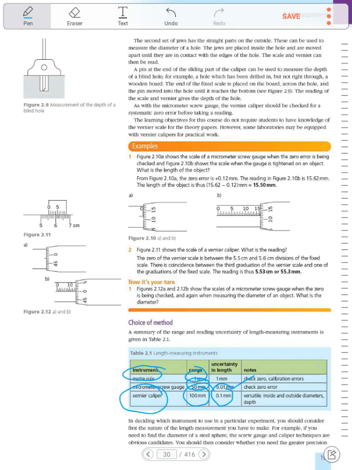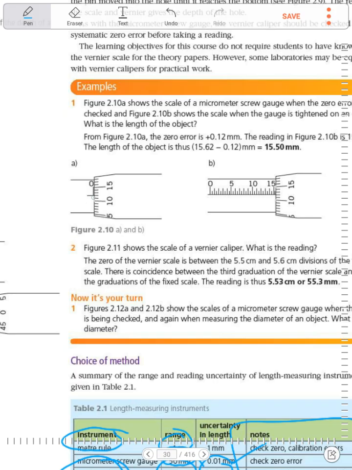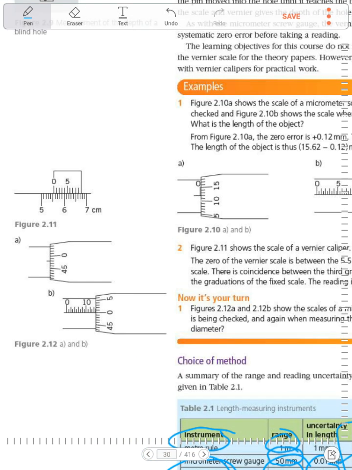So you have to check zero error at the beginning, before you start using any of these devices. Let's try to find the value of these micrometers. Here the value is 0. The 0.5 is not seen here. So we said that we have 0